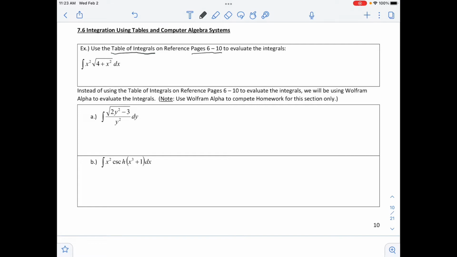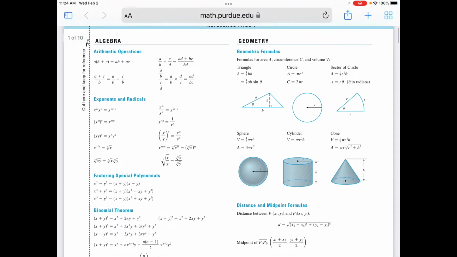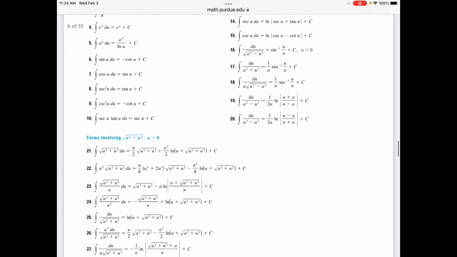So we're going to take a look at the table that is in our textbook on pages 6 through 10 and also posted on Canvas. Reference pages 1 through 10 are posted on Canvas and they're also in our textbook for you to make reference to. There is a list of integrals that you can look at that are on pages 6 through 10. So reference page 6 says table of integrals, and there are integrals that you do need to have memorized, and then in addition there's a bunch more integrals that don't need to be memorized, but they're there